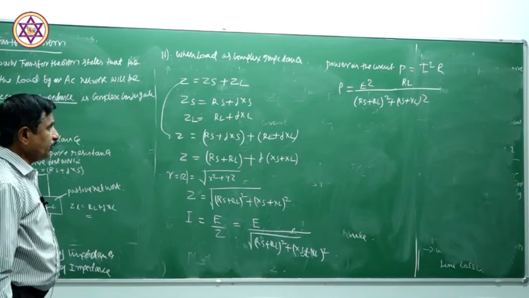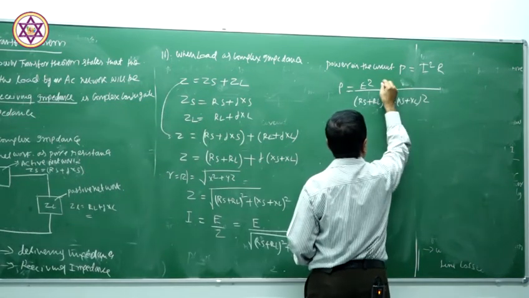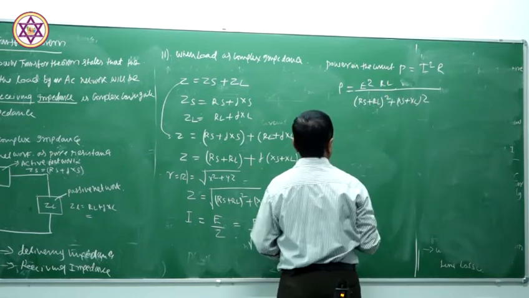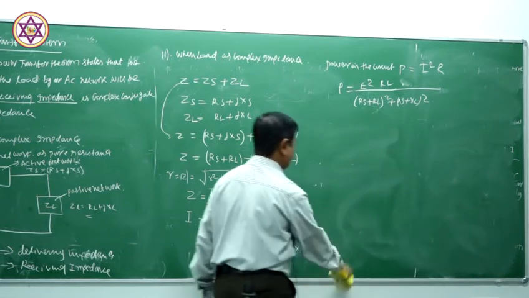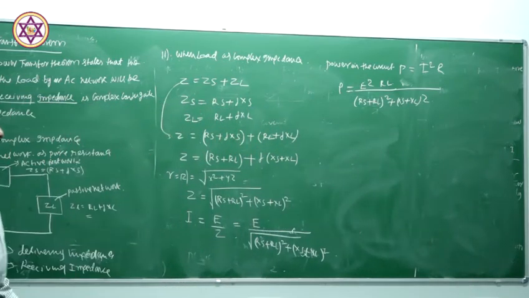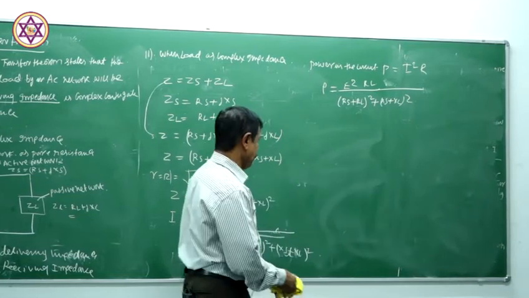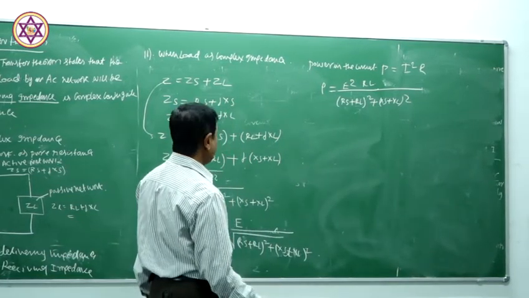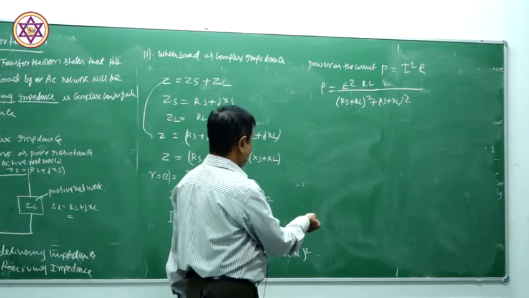So here I got power is equal to E squared RL. So the power is equal to what? E squared RL by (RS plus RL) the whole square plus (XS plus XL) the whole square. For this power to be maximum,